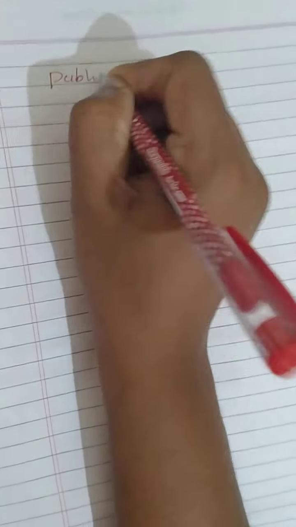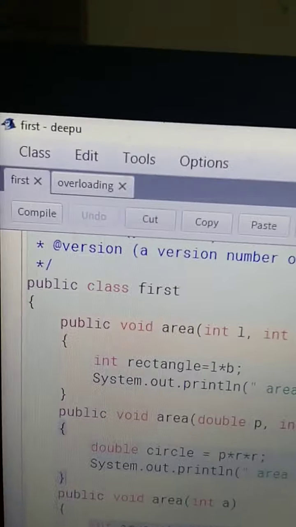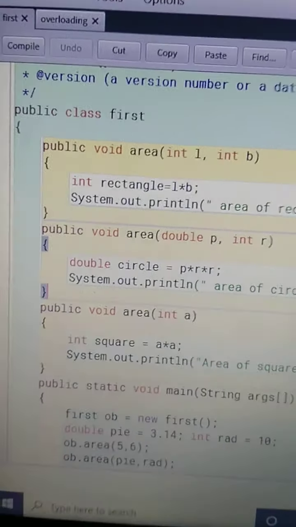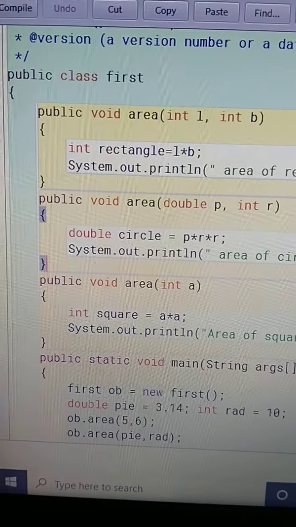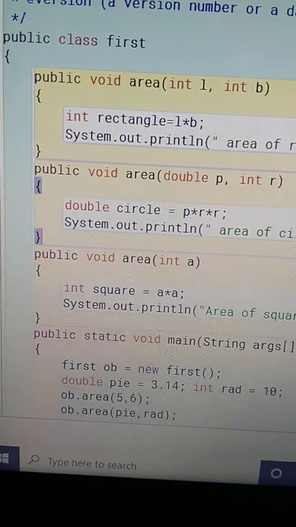Example: you have a public class. Here I have written an example. Here is my class and I have 3 functions. See the name of the functions. The first function is area.